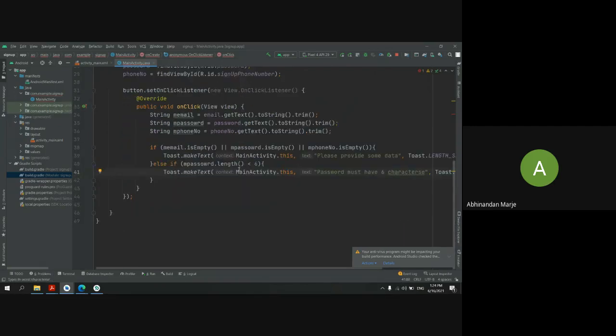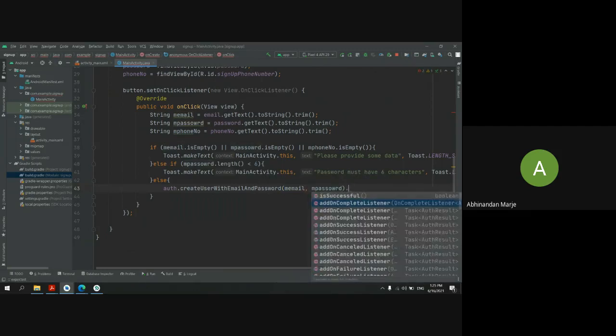Okay. So if our email and password are not empty and also our password is greater than 6 characters, I want to create my user. Right? So I'll just auth dot create user with email and password, and here you have to pass that email and then your password. Okay.